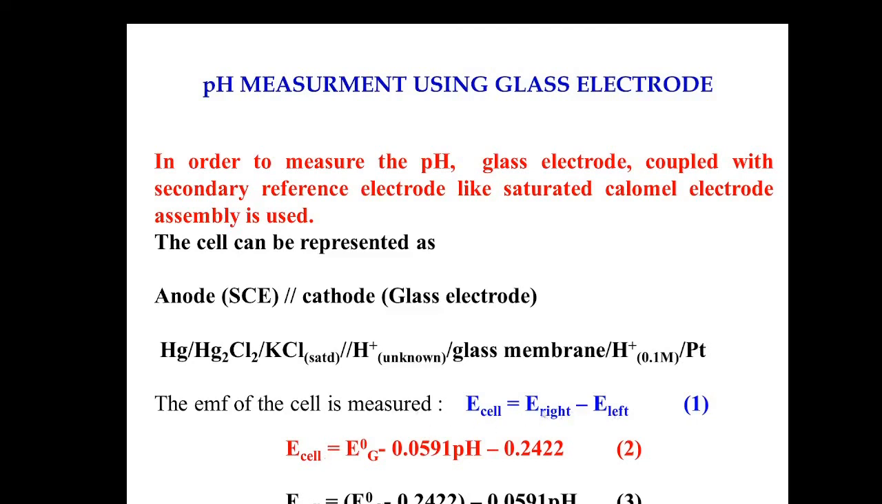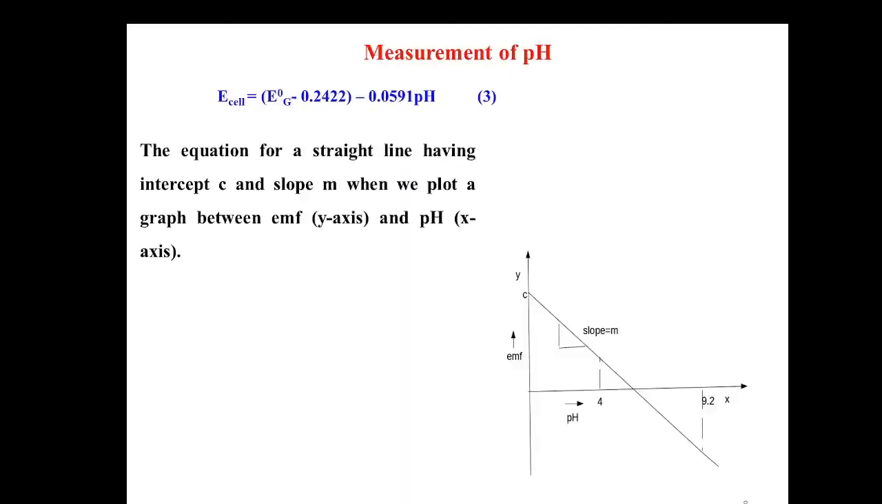E cell equal to E right, that is of the glass electrode, E naught G minus 0.0591 pH, minus 0.2422. Now equation 2 can be converted into equation 3 by grouping the constant values E naught G minus 0.2422 together, minus 0.0591 pH. This equation is of the form